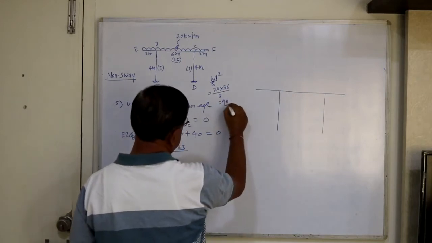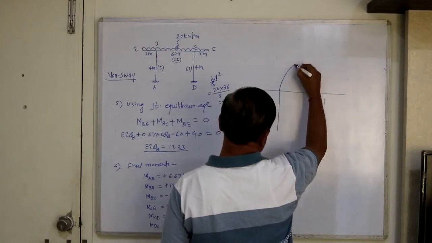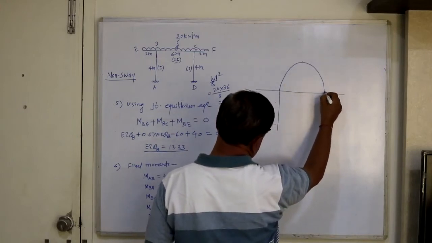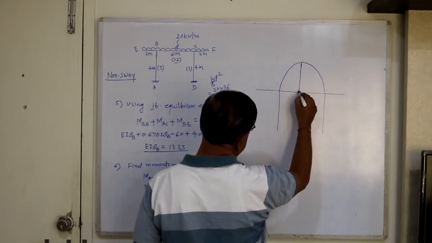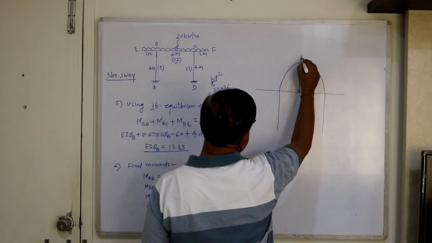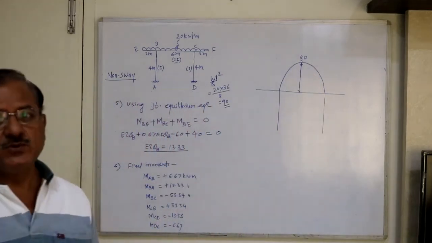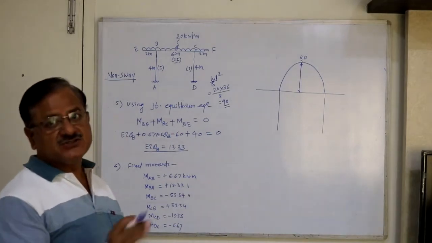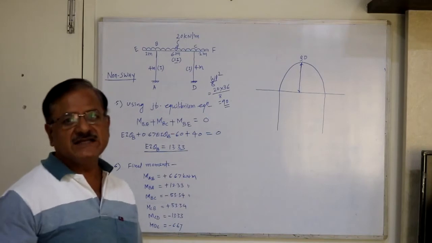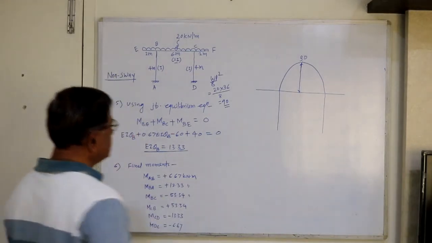This is 90. And that means this will be of parabolic nature because this is UDL, and the ordinate at center is 90. So this is due to loading, and I have drawn positive, or sagging nature, outside the frame. Now due to end moment, what you do,